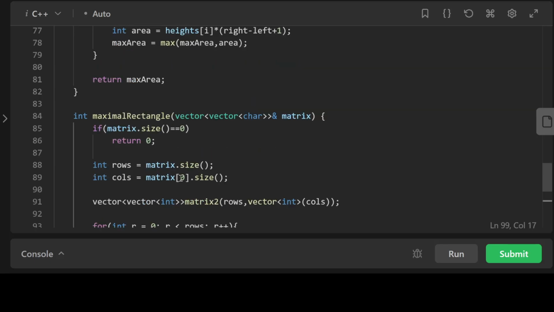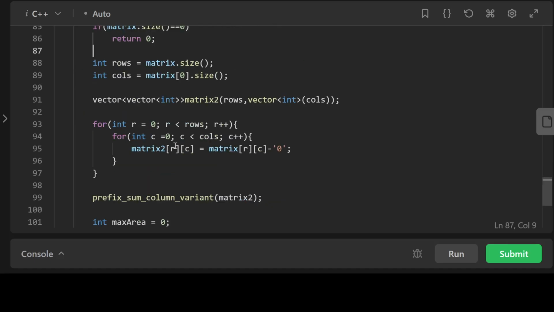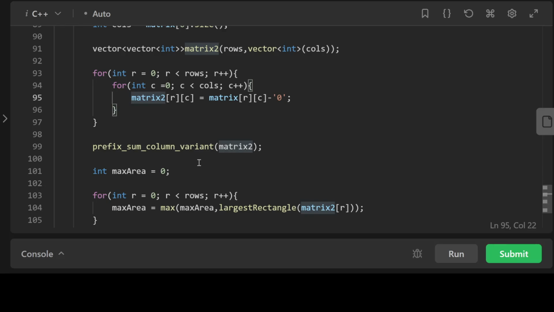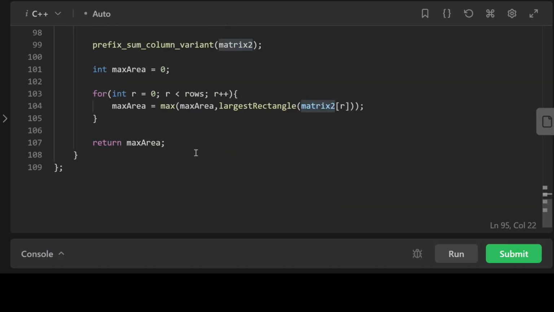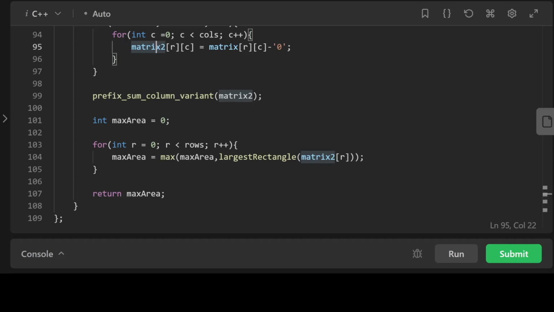Now, I'm going to explain more generally what our approach is. We're using this prefix sum method and a stack-based approach. The first thing we do is convert our binary matrix into an integer matrix by subtracting this 0 from each element in our matrix. We then apply the prefix sum column variant function to transform our integer matrix into a histogram. Each row in the resulting histogram matrix will represent the heights of the bars. Now, just give me a second while I find the largest rectangle in histogram